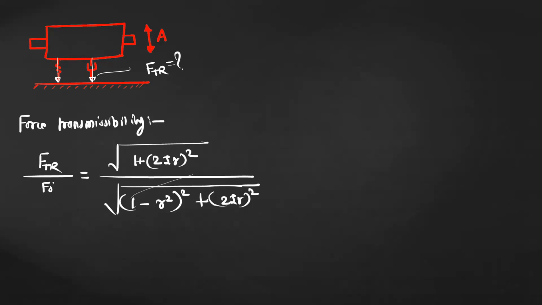So what is the value of F0? It is not given directly in your problem. F0 means, as the rotor is rotating at 600 RPM, how much force is developed by that rotor at this RPM. That force is nothing but the F0 value. In the rotating unbalance, we have studied the force is created because of the eccentricity, called the centrifugal force. So this centrifugal force Fc is nothing but F0.